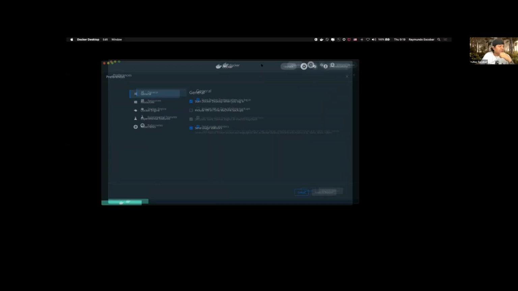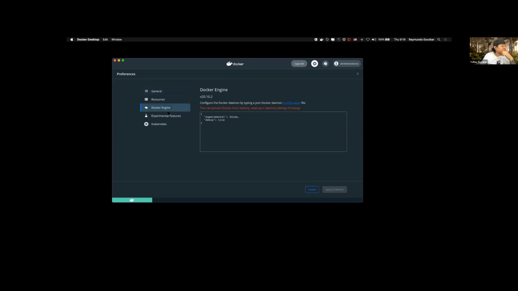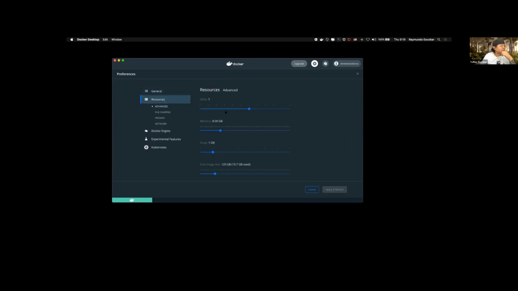But beyond that, hold on for a second, because I have it in another window, I need to give more resources to my Docker, right? Since this is what is going to take care of the Kubernetes and all the things that I have been running. So with 8 gigs, it's enough.